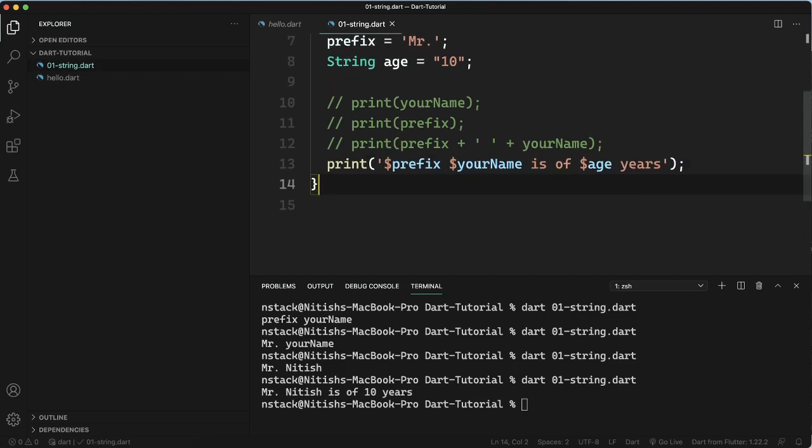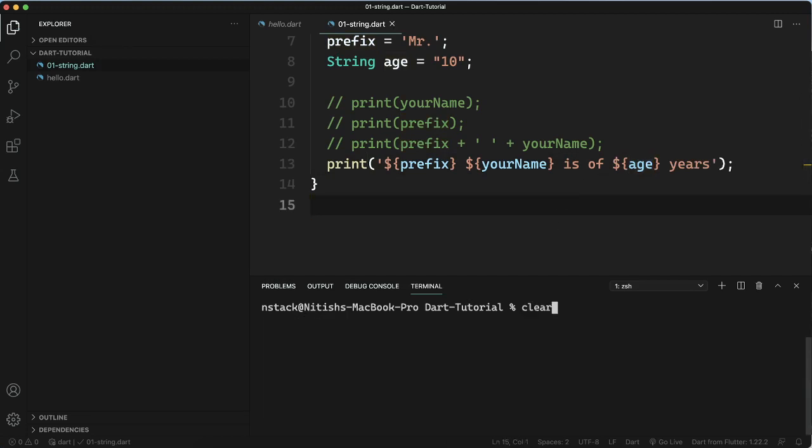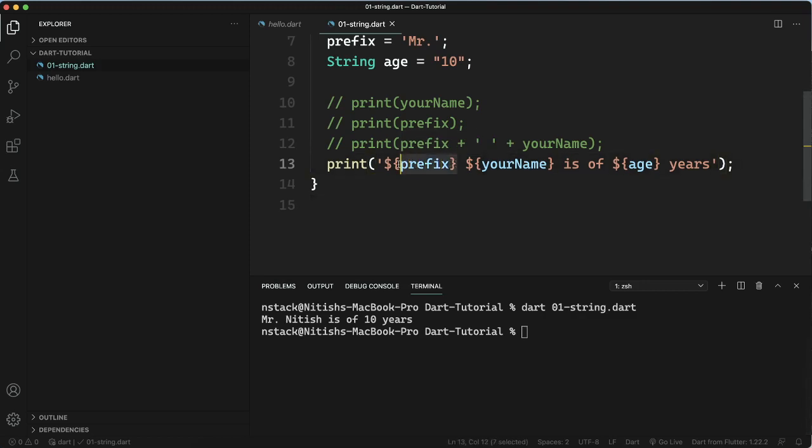Sometimes you will find that people are using curly braces also. Curly braces like this. That is also fine. I will talk about this later. You can use both the approaches. Both are the same. Can you see the output is still the same? If you want to use curly braces or wrap this variable name with curly braces, that is again a good thing. You can wrap it. I will talk about what is the difference between not using curly braces, like using this approach, and using this approach, later.